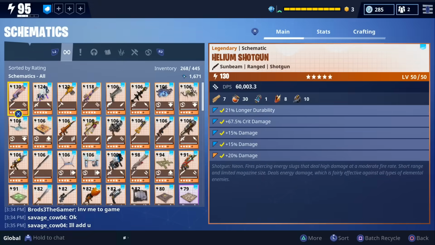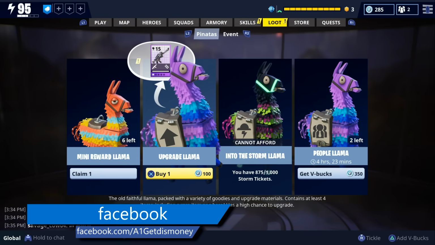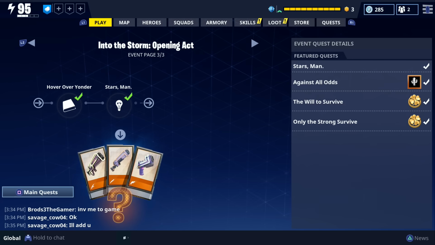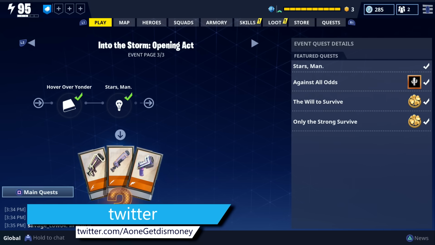For today's video, we're going to be getting some gameplay with the new Helium Shotgun. And as of right now, there's a couple of ways you can get it. You can either get it from the new Into the Storm llama, and you can also get it as a reward from the Into the Storm opening act. Once you complete the last quest, you'll be given a choice between the new Helium Shotgun, the Argon Assault Rifle,